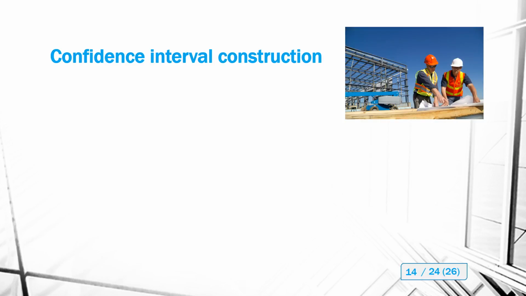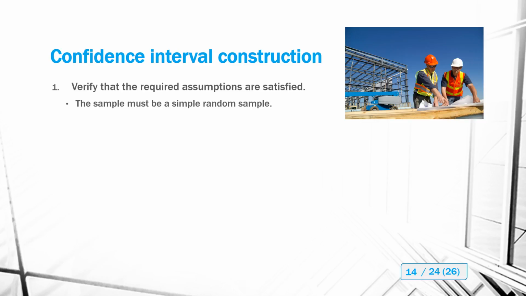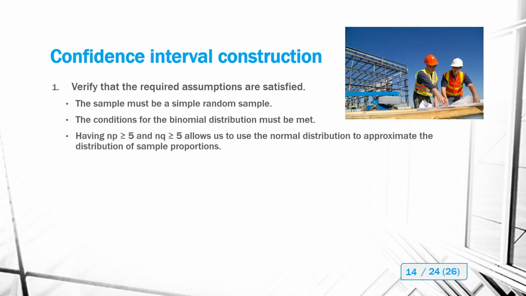So, with all that said, how do we actually go about constructing the confidence interval? Well, the first step is to verify that the required assumptions have been satisfied. So the sample must be a simple random sample, the conditions for the binomial distribution must be met, and we must have at least 5 failures and 5 successes, because that allows us to use the normal distribution to approximate the distribution of sample proportions,